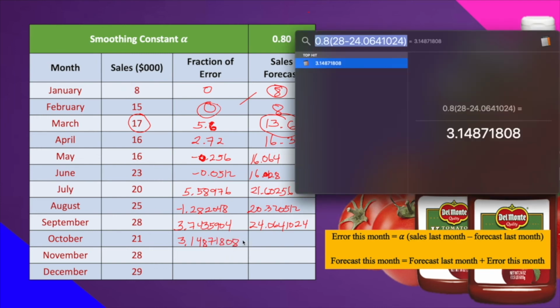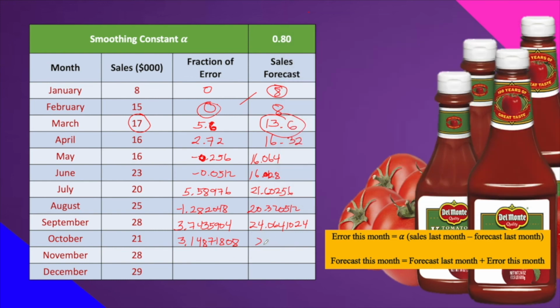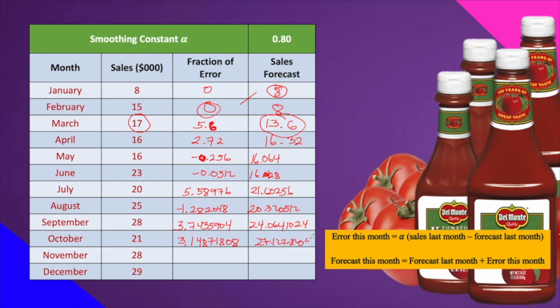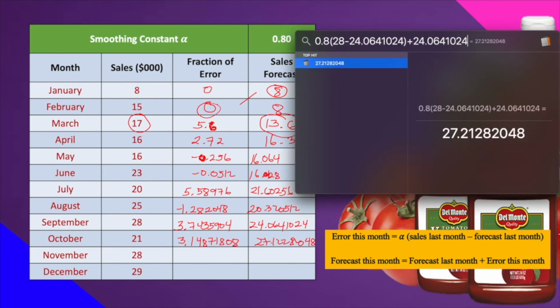And let's add this sa ating forecast last month, 24.0641024. Answer natin is 27.12282048. Okay, so for the month of November, we have error this month, 0.8, no, ang ating smoothing constant, and